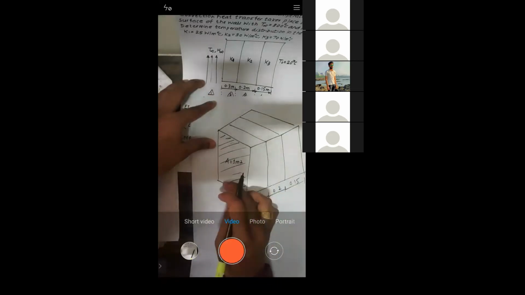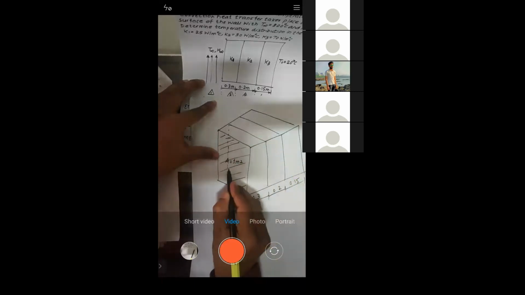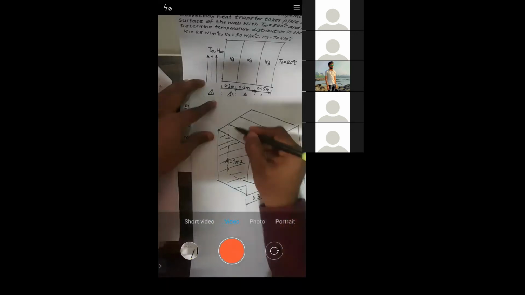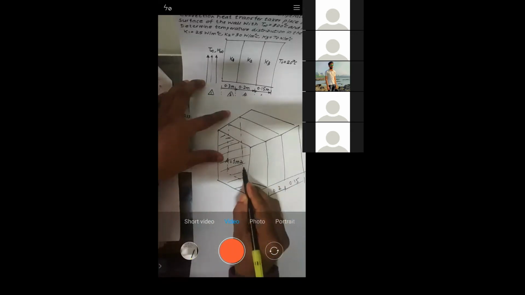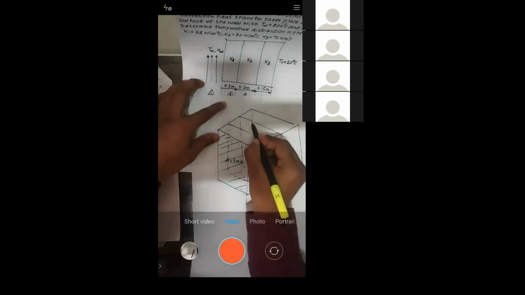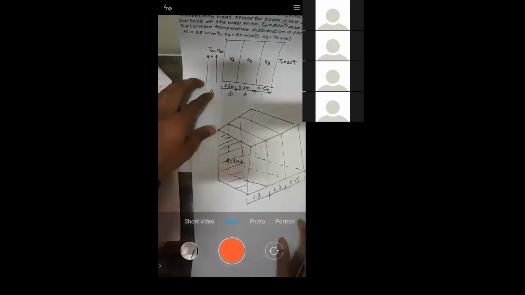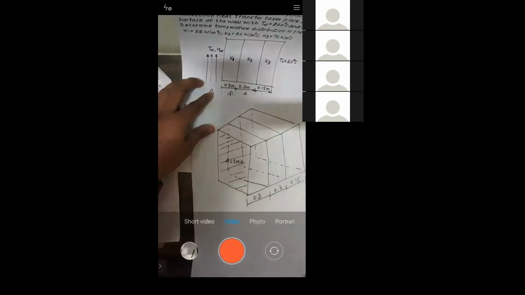The area at the back, which I'm drawing, is it the same or not? Let me know. Similarly, I am drawing one more area. Is it the same or not? Same, sir. If you have a doubt, that is not a problem. Whether you are getting the same area or not at the face, those areas I'm asking you to take as 1 meter square.